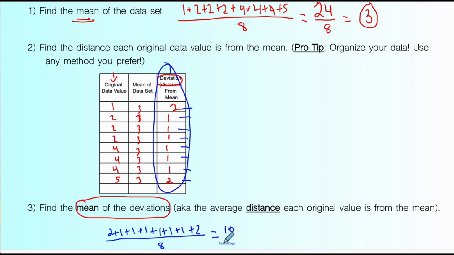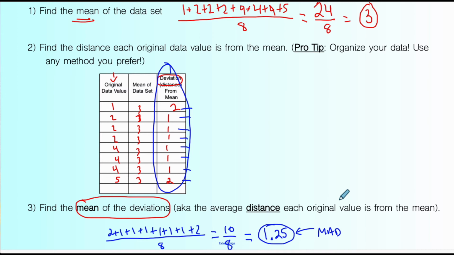And when you divide 10 by 8, you get 1.25, 1.25. So we're done. We have found the MAD. This tells us that on average, a number in this set of data is about 1.25 spaces away from the